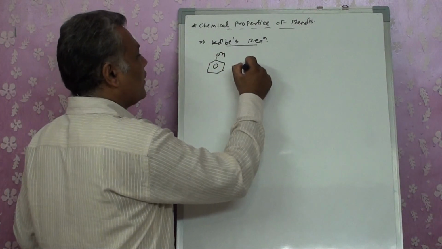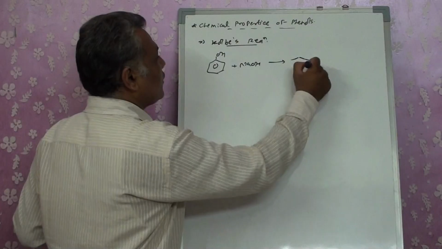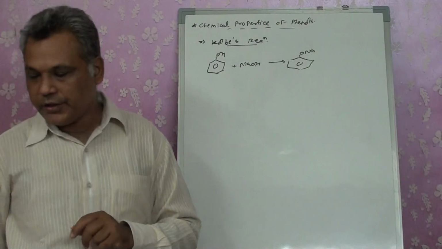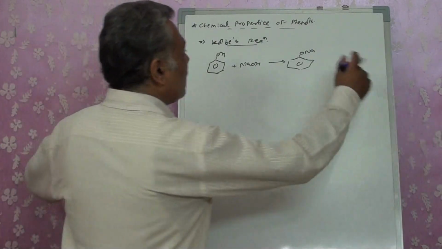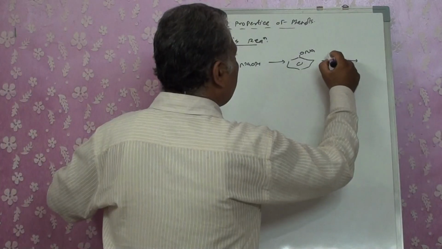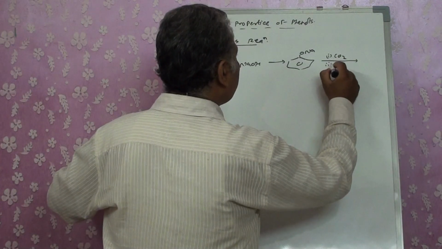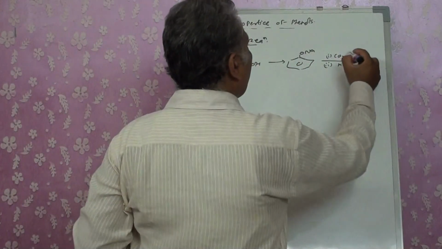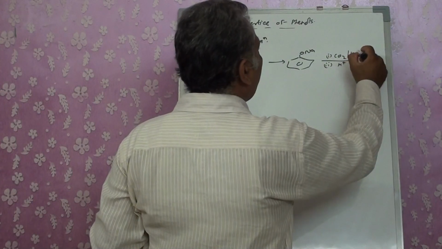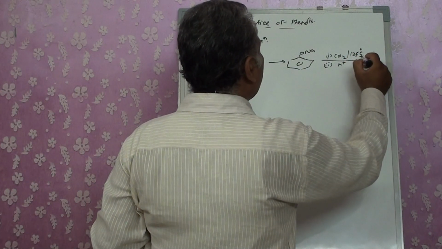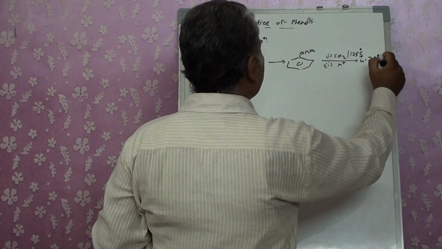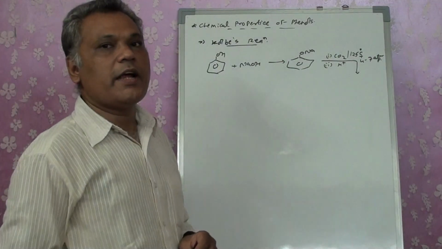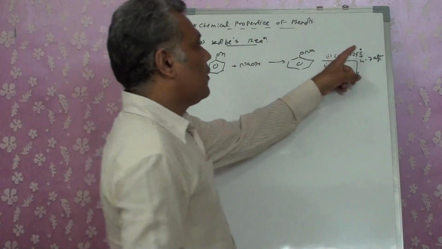when you react it with NaOH, it gets converted into ONa, sodium phenoxide. The formation takes place very easily. Now this is known to us, but for this reaction, in our textbook it is written as CO2, H plus. Only the thing is, for the first step, when I want to add CO2, I need 125 degrees Celsius temperature plus 4 to 7 atmospheric pressure. Under this condition only, this reaction is going to carry out, right?